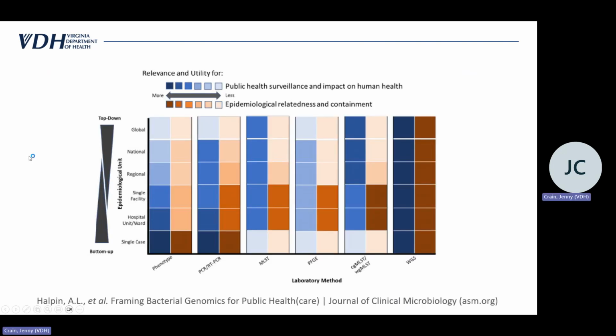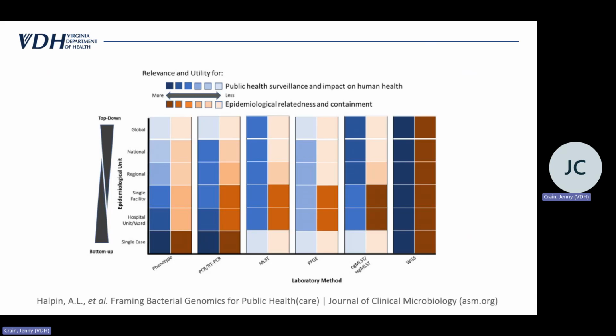All right, this is one of my favorite diagrams, and I have borrowed this from a CSTE AMD webinar series. So you can check out the journal article that I have referenced at the bottom. This is from Halpin et al. And if you want to know more, you'll like this diagram, or how it summarizes the relevance and utility of genomic results. And it essentially varies whether we're investigating from the global level down to the local, that would be the top-down approach, or from the bottom-up approach, from the local level or single case up.